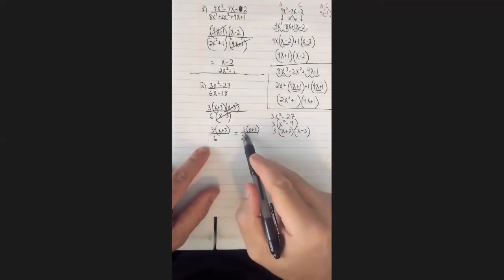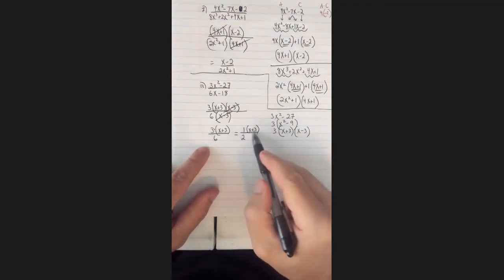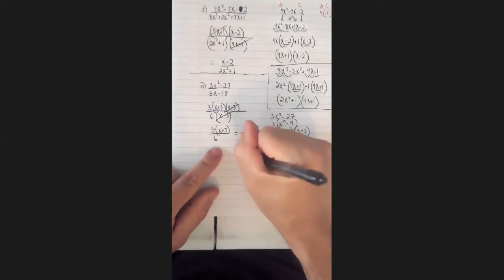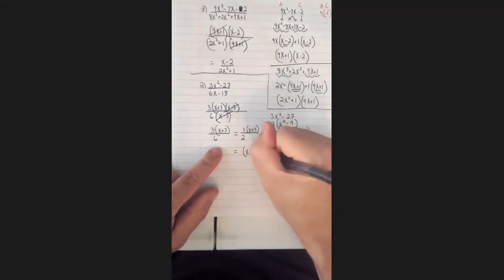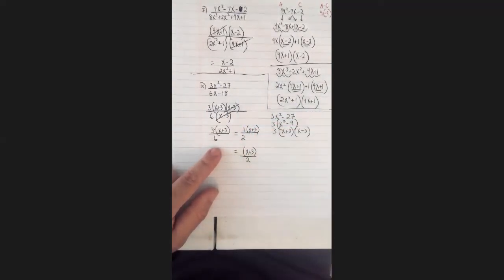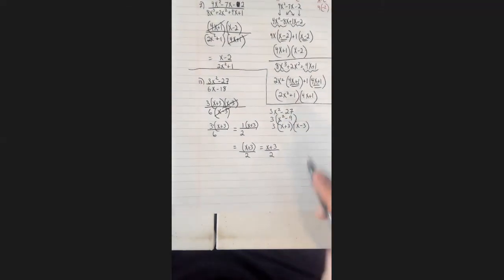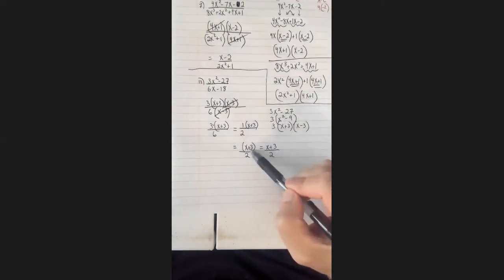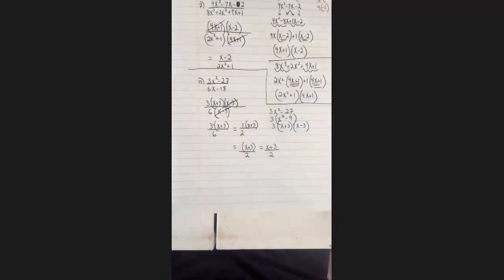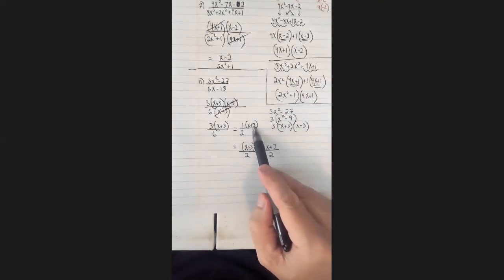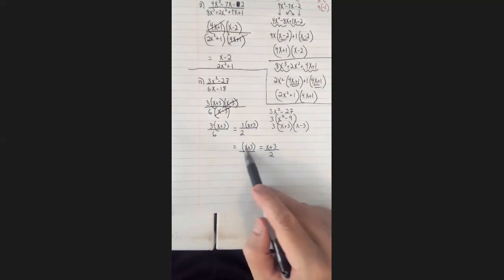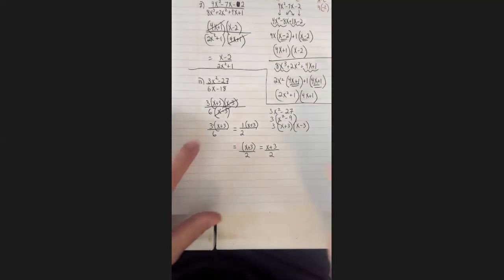And just when you're entering the answer, we really don't need that 1 there, because that 1's always going to be there anyways. I think if you enter it like that, it'll mark it right. But you can write it like this, x plus 3 over 2, or you can even drop the parentheses and just write x plus 3 over 2. One thing about this program is it usually would take any one of these 3 answers as a right answer. So even if you left the 1 there in the parentheses, it would say it was right. If you took that 1 out and left it in parentheses, it would say right, and if you just dropped the parentheses. All right, so that is